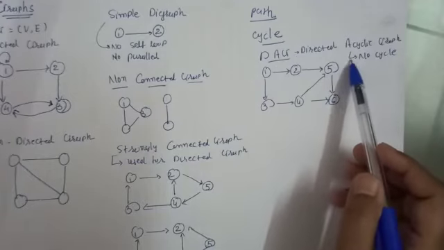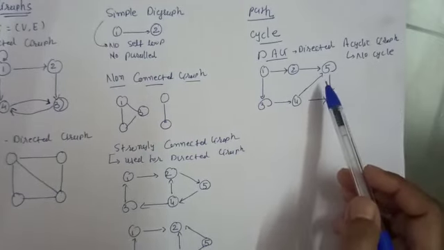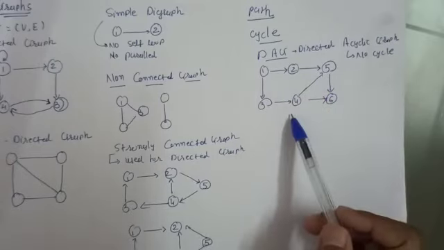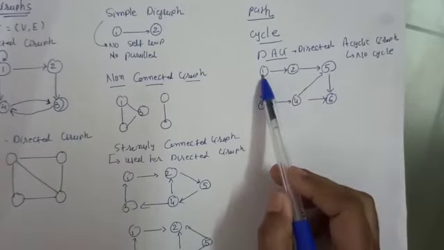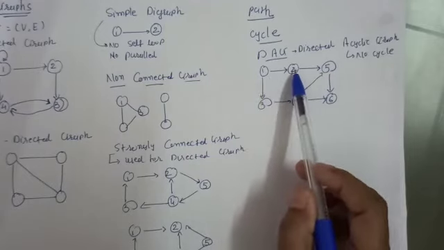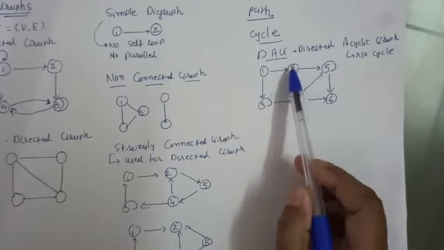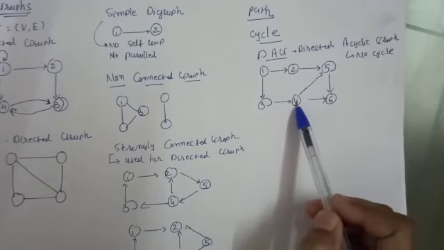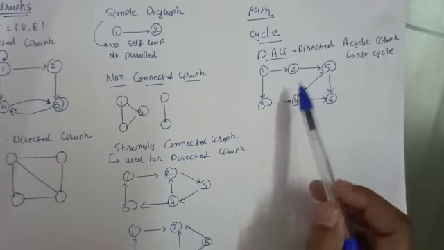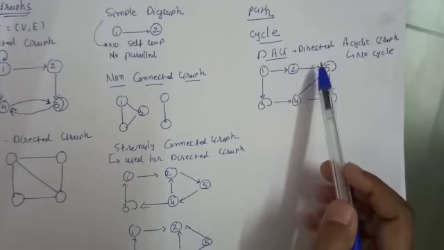Next, the directed acyclic graph, which does not have any cycle. This is called a DAG: if you start from any vertex, you cannot reach the same vertex again. If you start from 1, you cannot reach 1. If you start from 2, using any path, you cannot reach 2 again. If you start from 4, you cannot reach 4 again. There is no path from 4 to 4. So this is an example of a directed acyclic graph.